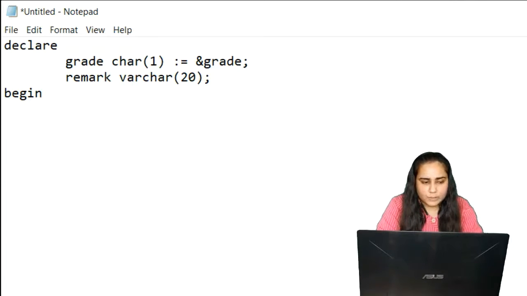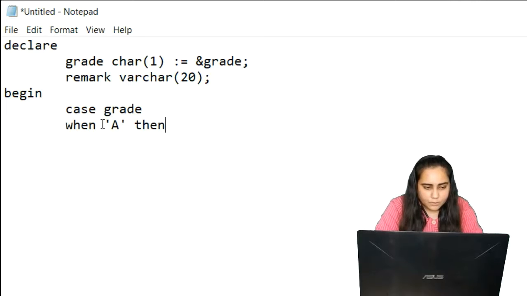In the executable block, I'm going to check what the grade actually is. So in this case, I will mention the case grade. Now, this is the actual statement, the case grade statement. What it shows is case is the keyword, and the variable on which I want to apply the case is called grade. So it's going to apply all these things on the grade variable. So what I'm going to do inside is check out what exactly the case is supposed to be. So when